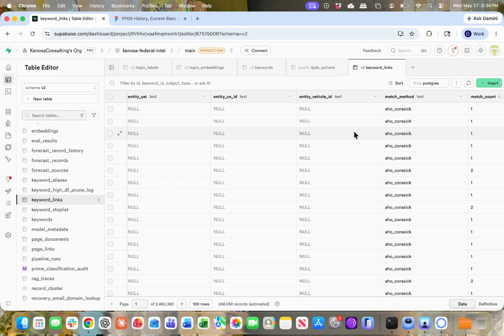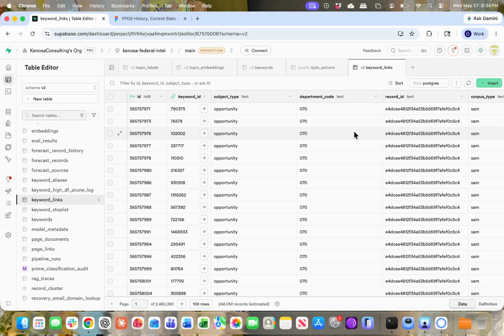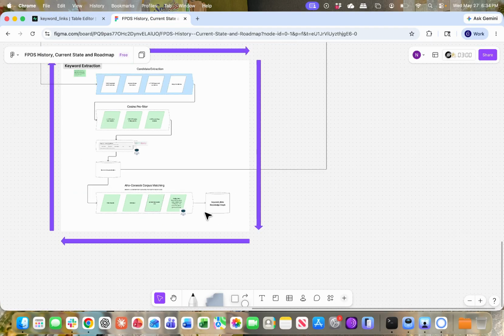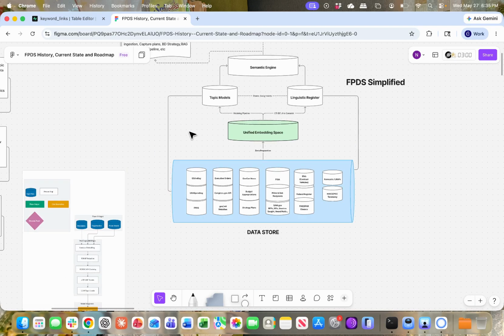And of course, if you're familiar with knowledge graphs, you know that having a linguistic register knowledge graph for federal procurement is pretty damn useful when it comes to aligning with the agency mission from a BD and capture perspective, and also what exact vocabulary words that you might use when writing a government proposal. Wink, wink, nudge, nudge. That is the type of stuff that you can build as a product on top of our service that we talk about in the first video that we ever posted on YouTube, which is this very